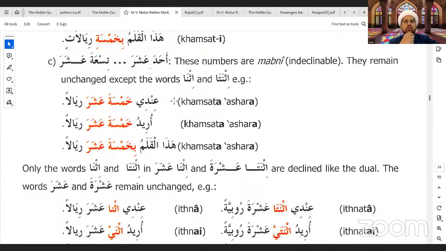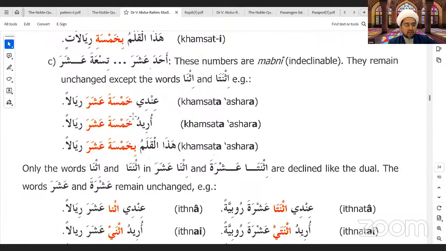Do you remember when I talked about the word ba'da, and the word amama? I said these words always come with a fata itself. Do you remember that? I mentioned amama and ba'da, and the majority of the times they remain with a fata. The word ba'da sometimes can come with a dhamma, but the default position of this noun is always with a fata. So this is what is called mabni al-fat. Always from 11 to 19, they always come with a fata.